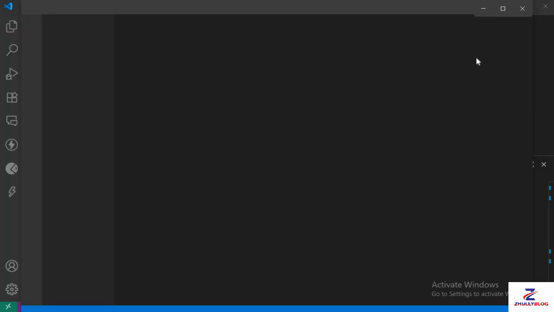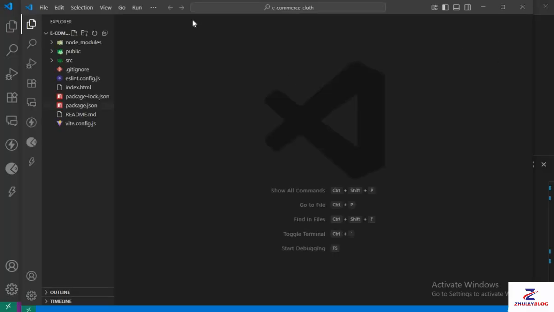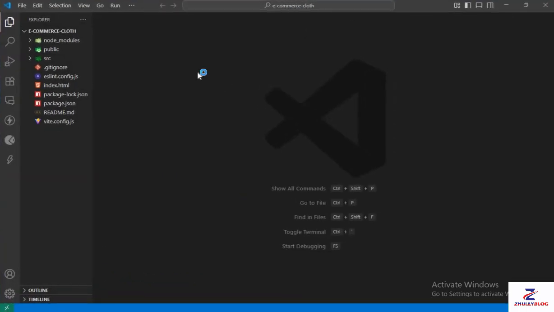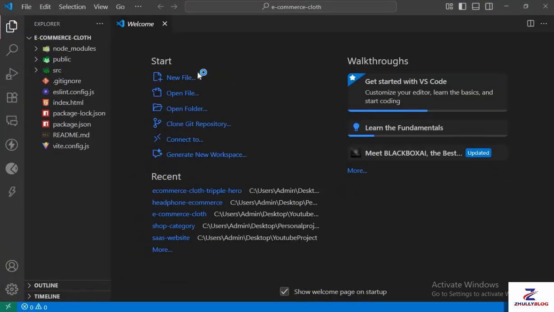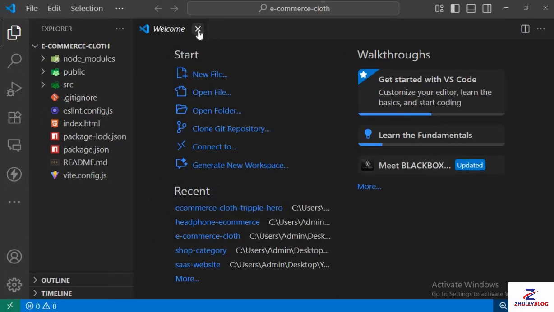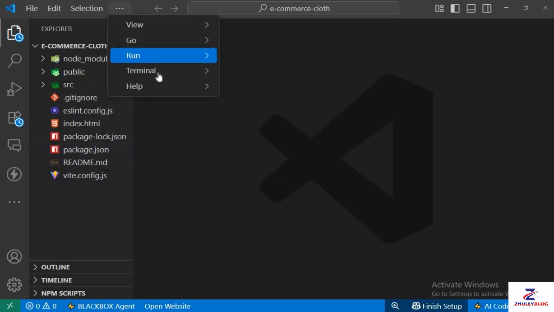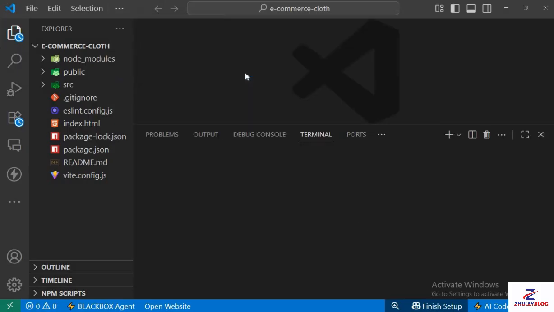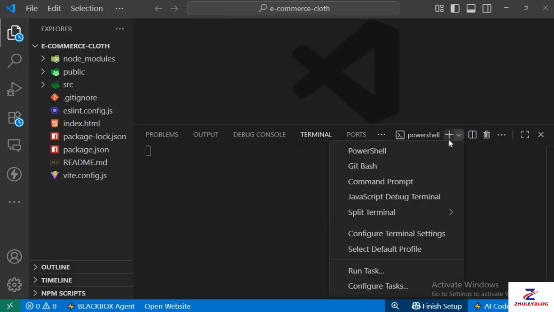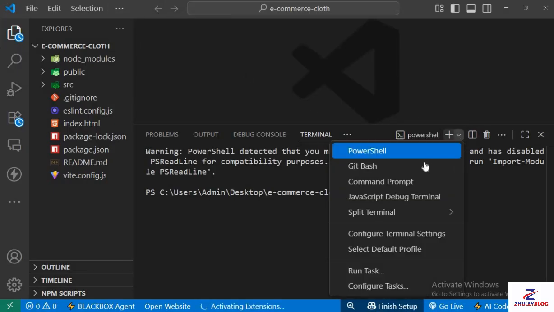As you can see now, this project folder, we have it right here. Okay, so I'm going to close this and I'm going to expand this. So this is what we're going to be working with. We have our node modules, public folder, source folder, git ignore, index, package.json, package-lock.json, readme, and the vite.config.js file. So now navigate to terminal. I'll be using bash terminal,